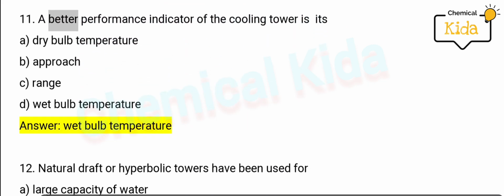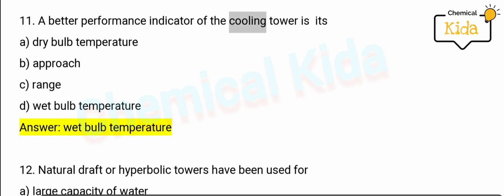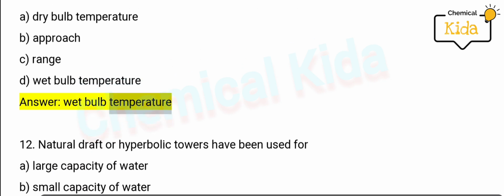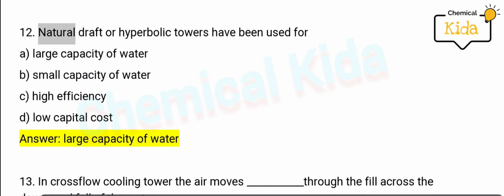11. A better performance indicator of the cooling tower is its: A. Dry bulb temperature. B. Approach. C. Range. D. Wet bulb temperature. Answer: wet bulb temperature. 12. Natural draft or hyperbolic towers have been used for: